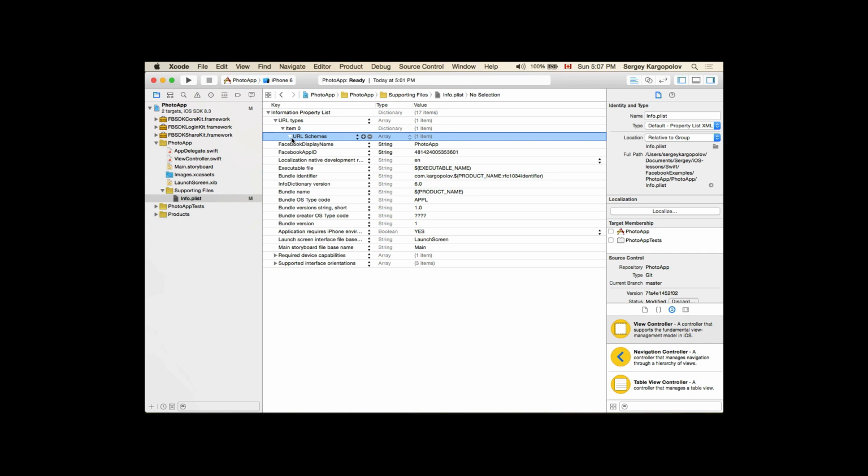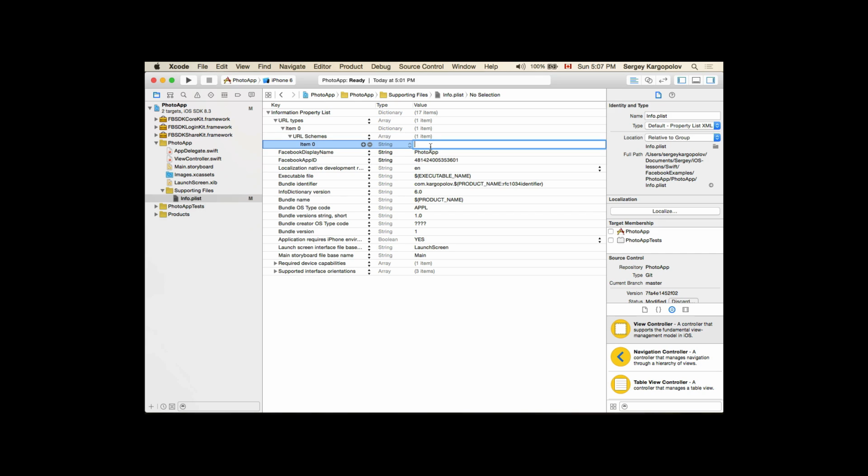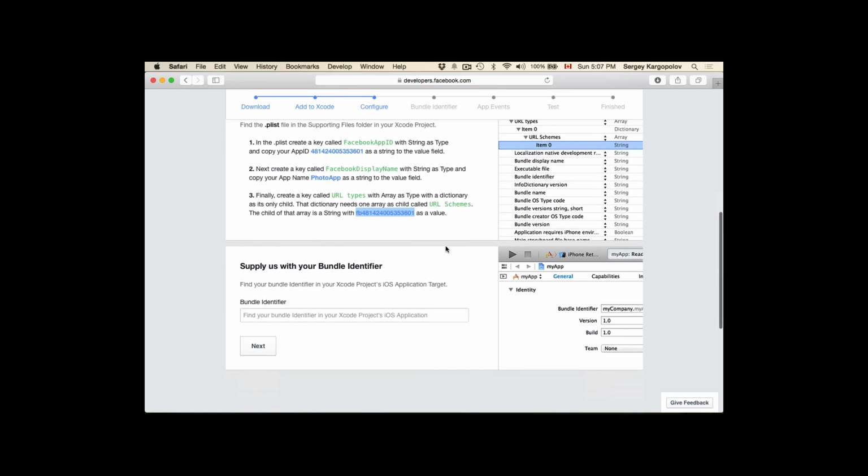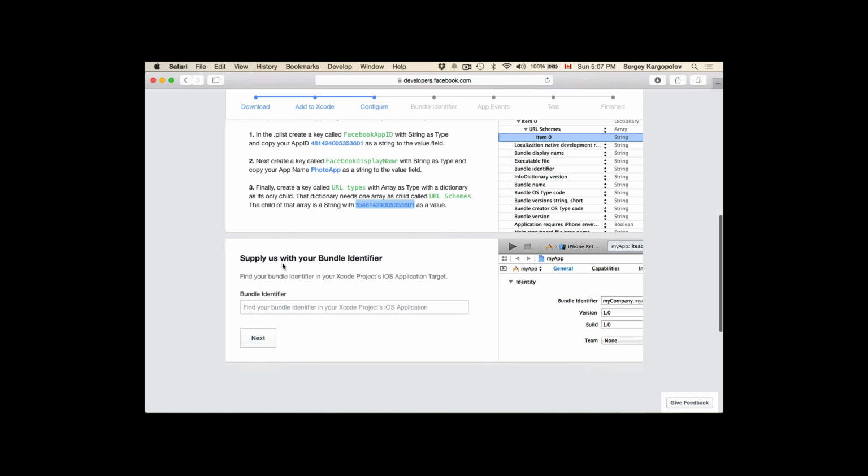Now I will need to expand it. First item and paste it here. Okay, so we have URL types and we have URL schemes. I think we are done with this. Okay, so next we need to supply